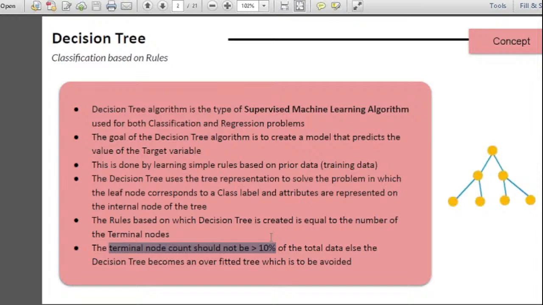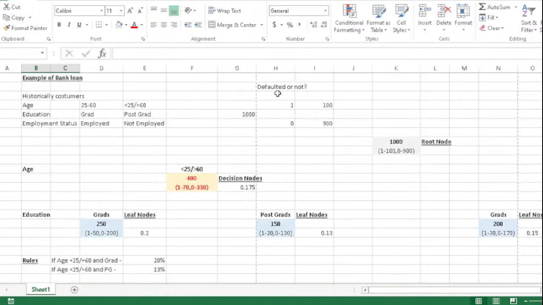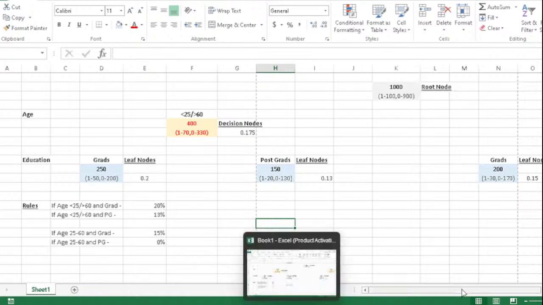So it means if the terminal node count becomes less than 10%, let's say here we had 1000, if on the third split one of the terminal nodes had a count of 90, which is less than 10%, which is less than 100, right? After that my tree will not be built,